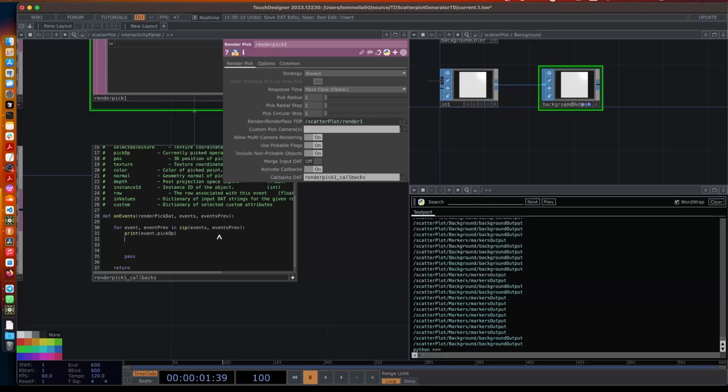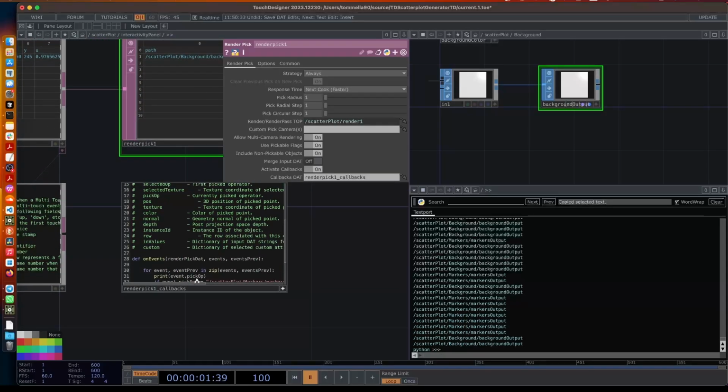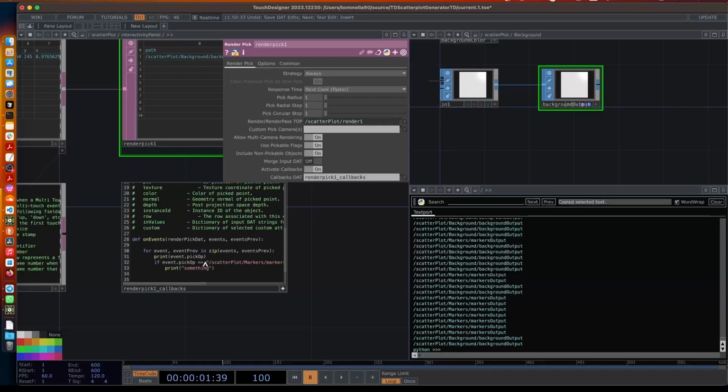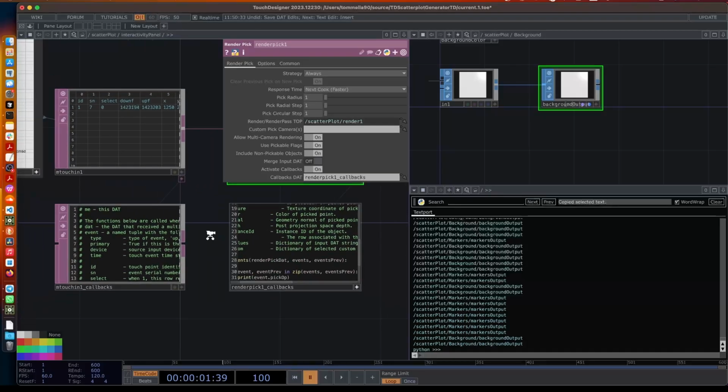If event pick op equals, and then we can put this path, and then print something. Let's just take a look if it works. And supposedly we should choose the operator, not just the string. So if we try now,